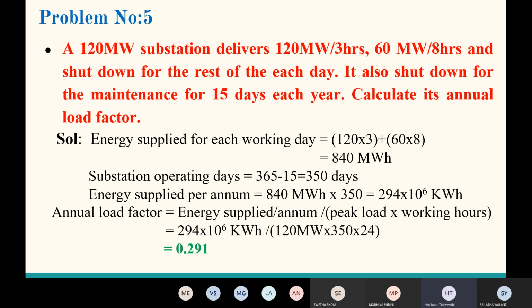So therefore energy supplied per annum, energy supplied or number of units generated, number of units supplied, energy delivered, whatever, all are units. Units in the sense megawatt hour or kilowatt hour. So energy supplied per annum equals 840 into 350 days only. Working is 350 days. Each day 840 megawatt hour. So that's why 840 into 350, that is equal to